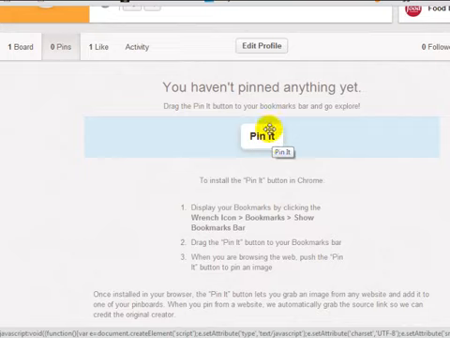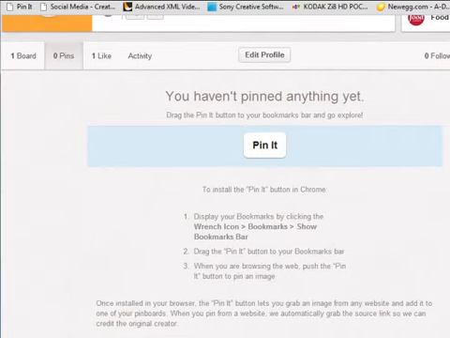And what happens is if you add this to your browser, anytime you visit a site, you can pin that site or pin that picture. So this is good if you want to pin specific articles and content that you created that have pictures. So let's say, for example, that I have cupcake recipes on a website and I want to pin those onto